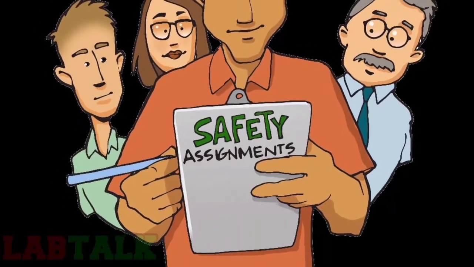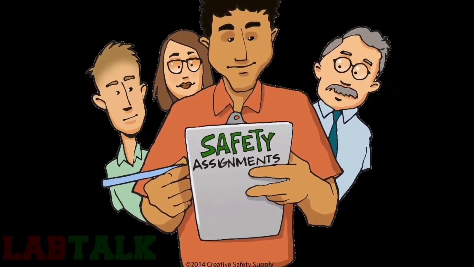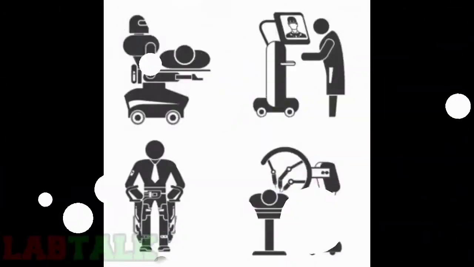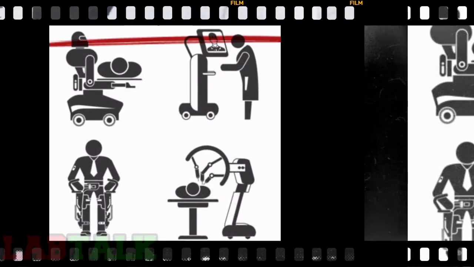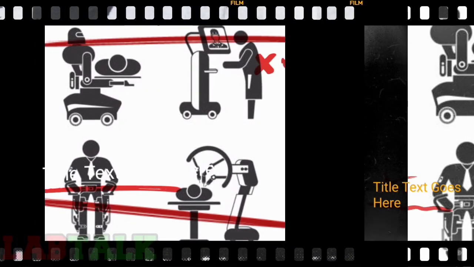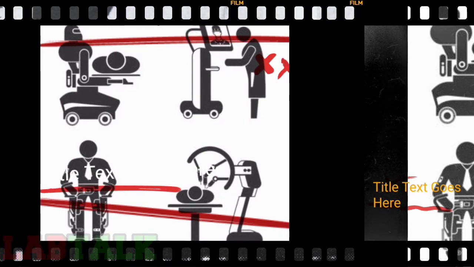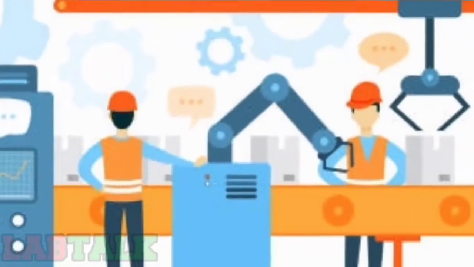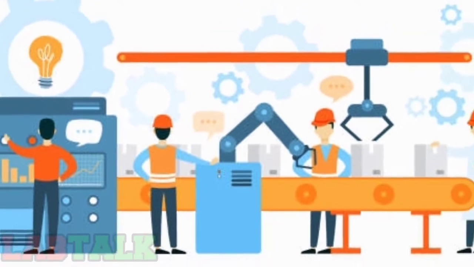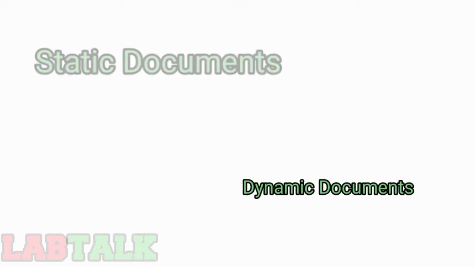Each major piece of equipment will have its own equipment maintenance document and can be named as the equipment file for the specific equipment. Smaller, commonly used equipment such as centrifuges and pipettes may be managed with an equipment maintenance document or manual that deals with all such equipment in the laboratory. Now, whenever we come across documents of equipment in the laboratory, there are two types of documents. The first group is called static documents, whereas the second group is called dynamic documents.